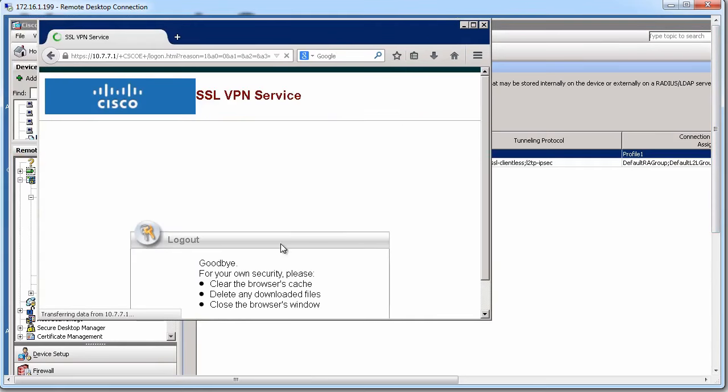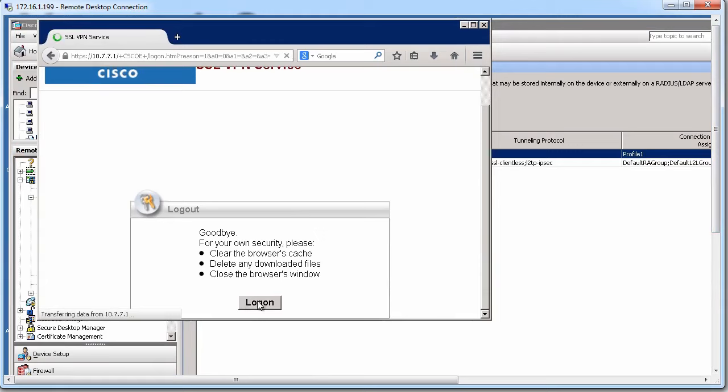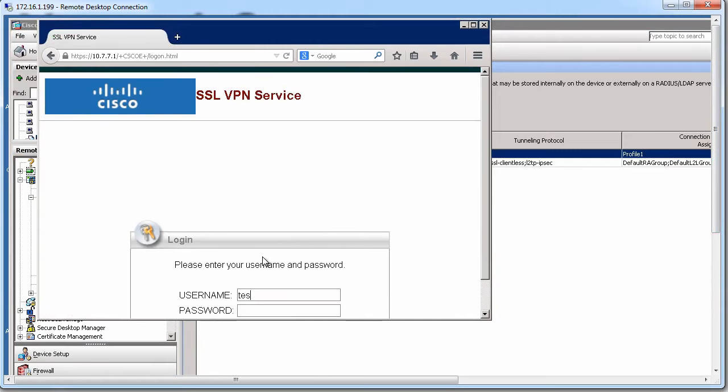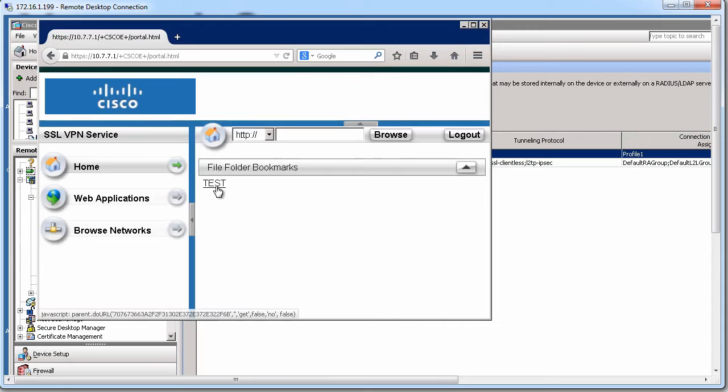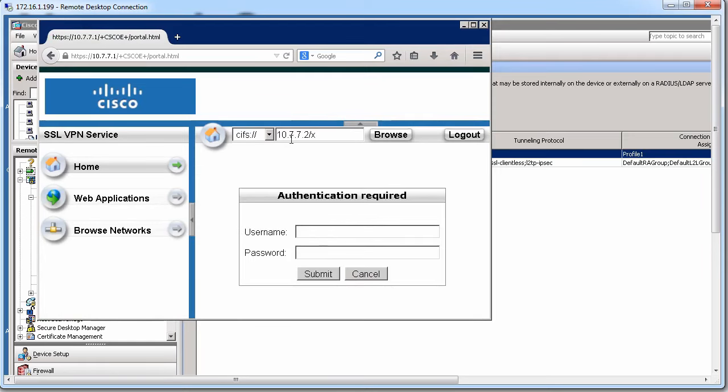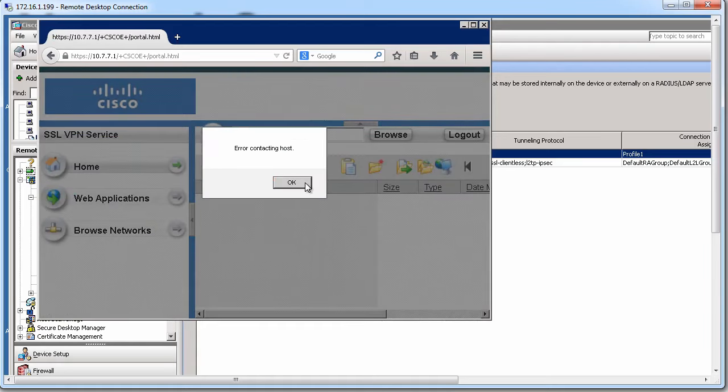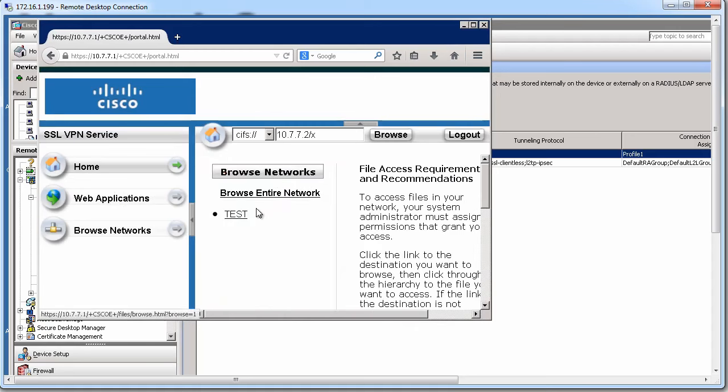Let's log out and test it. Test Cisco. This bookmark is there. If that is my local PC, because I specified a real IP address, not sure if X is a real folder, might not work, it doesn't matter. The idea is that you can see that in action, test, and